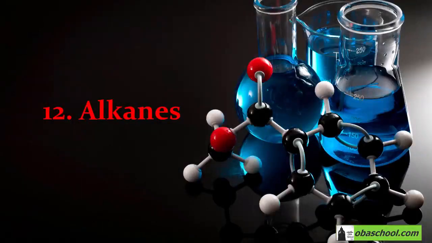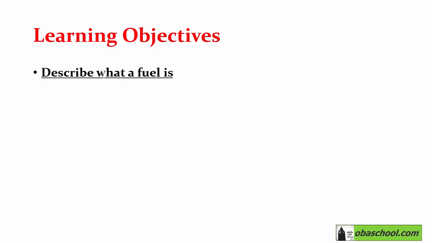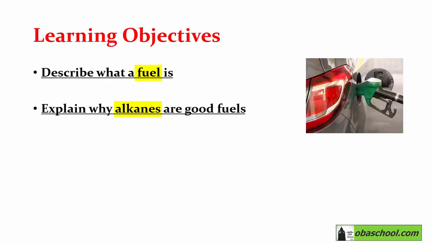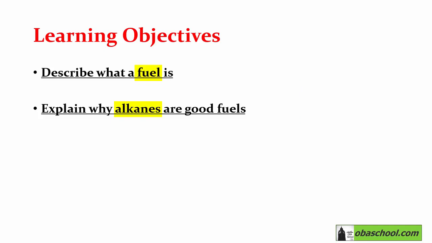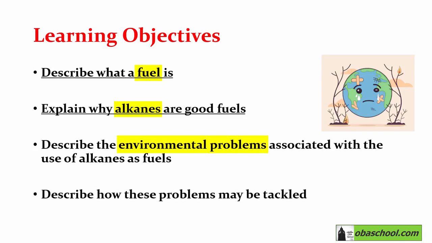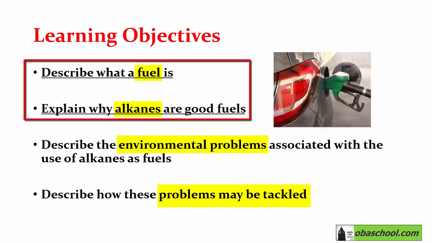In section 4 of this chapter, we will talk about combustion of alkanes. The learning objectives of this section are to describe what a fuel is, to explain why alkanes are good fuels, to describe the environmental problems associated with the use of alkanes as fuels, and to describe how these problems may be tackled. In this tutorial, we will describe what a fuel is and we will explain why alkanes are good